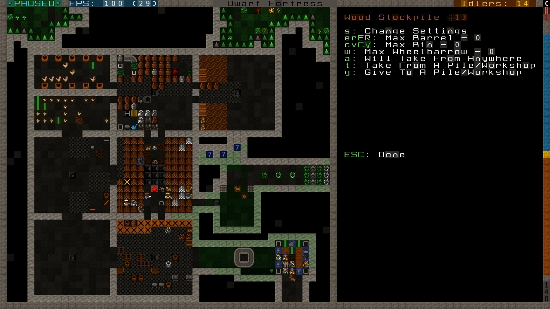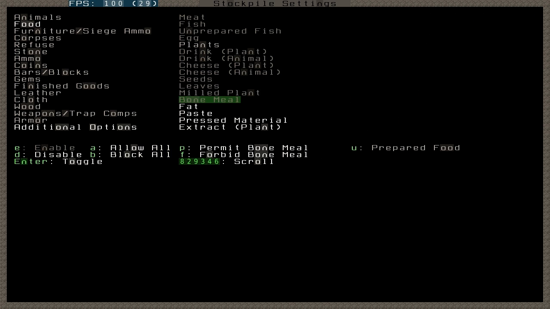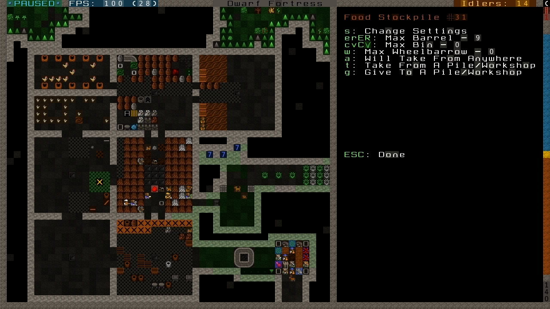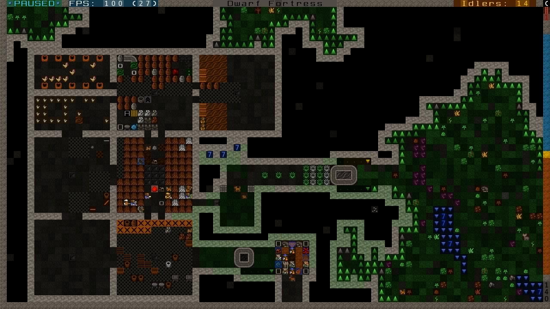And those will be for prepared food, and here only leaving lye. So this one now has rock nut oil. Yes, and this one has lye. Okay, and if I wanted, I could make a